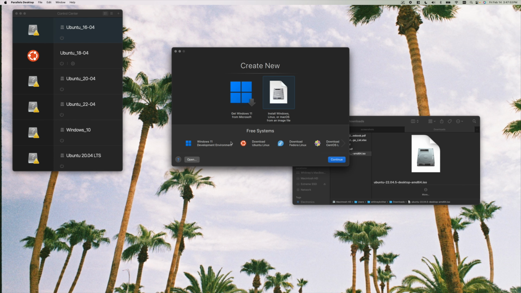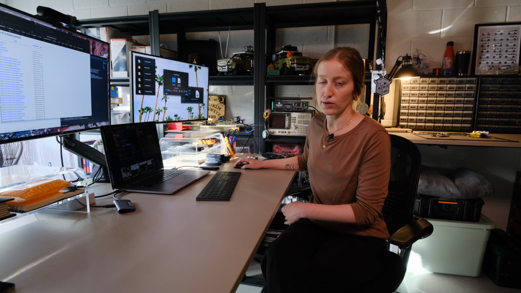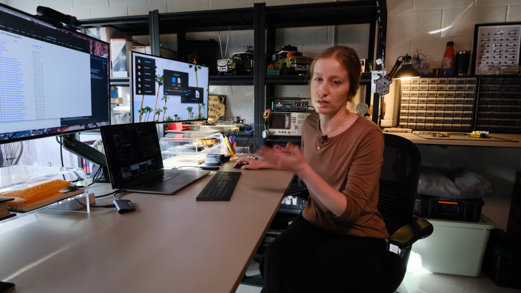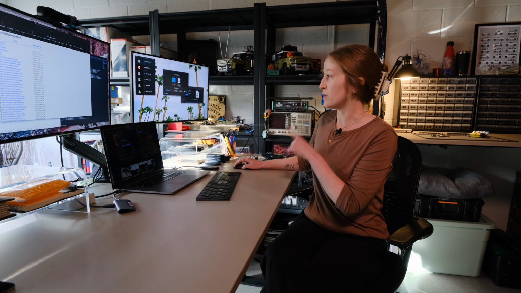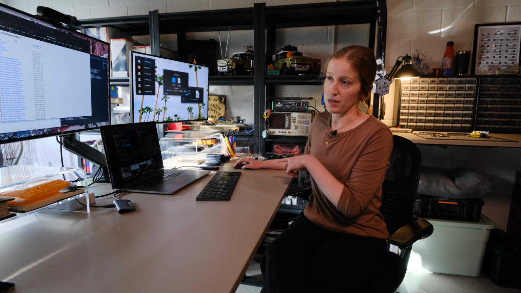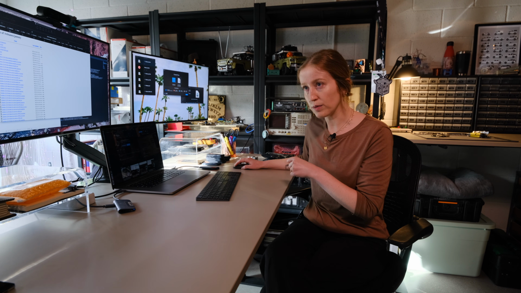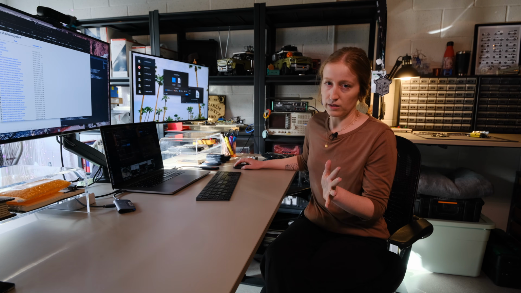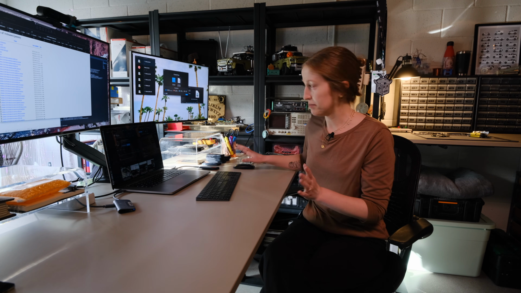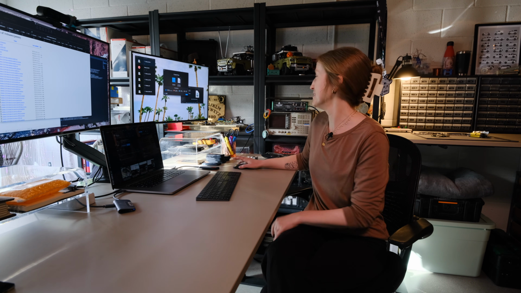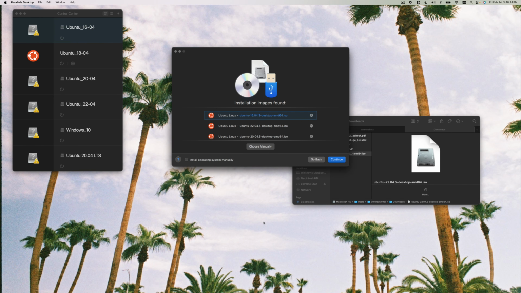The rest of these would actually download the image file in the background for you, which again is just the default latest version of whatever. So if we did the download Ubuntu Linux from here, it would download, I believe the latest version is 24.04 right now. I don't know, I'm always a little bit behind because it takes me a minute to get up to date. So we'll do continue, and then Parallels auto detects all the ISOs you have in your folder structure